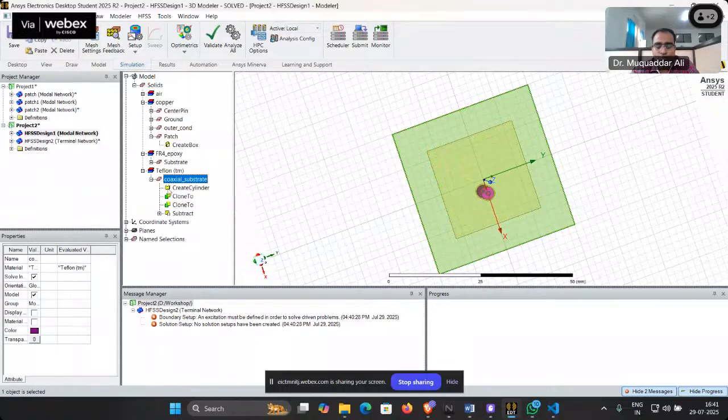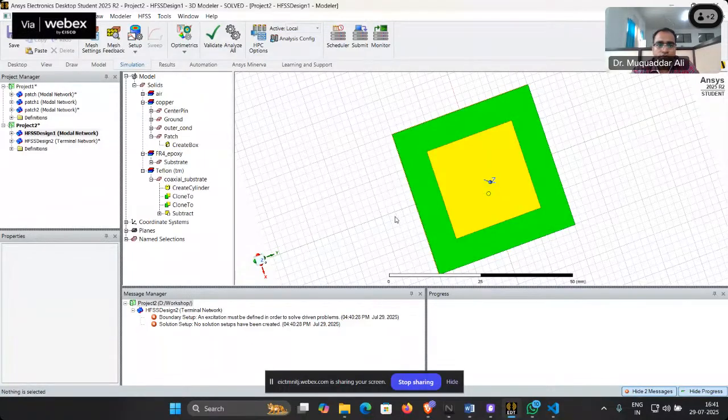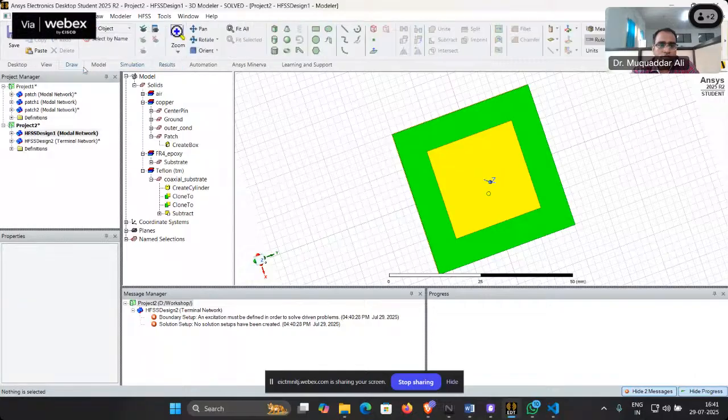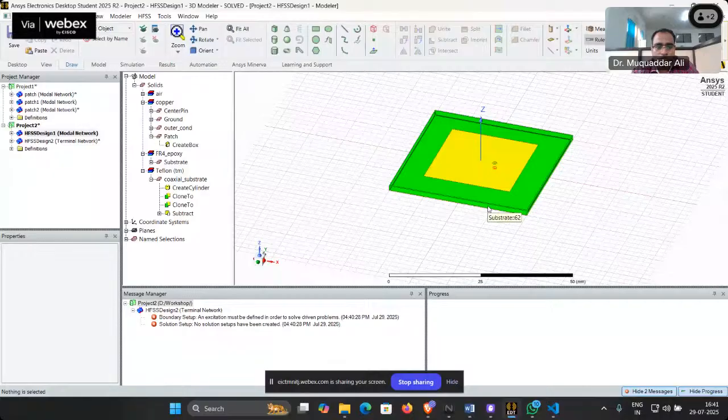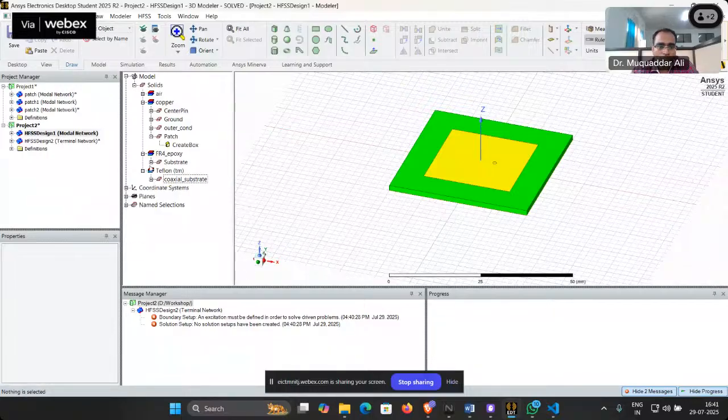Okay, so yesterday we were getting some errors when we were trying to simulate. So this was the concept behind that, in which we have to make sure that all the objects are in a single medium only. Okay, their surroundings can change, but their whole dimension should be in a single medium. Now yesterday we created a coaxial feeding microstrip patch antenna, and